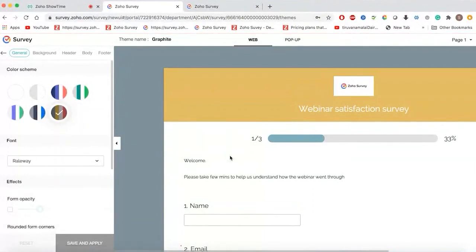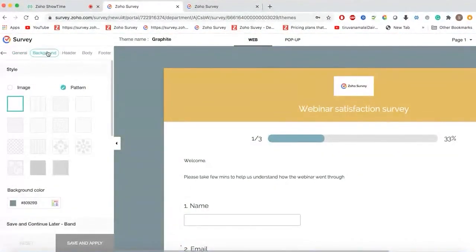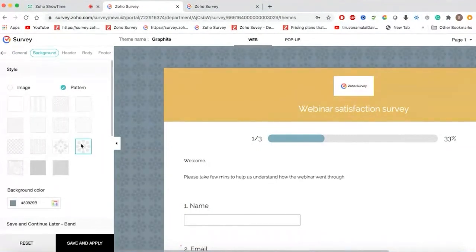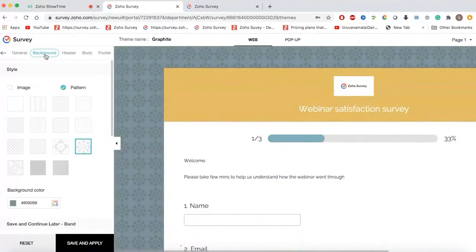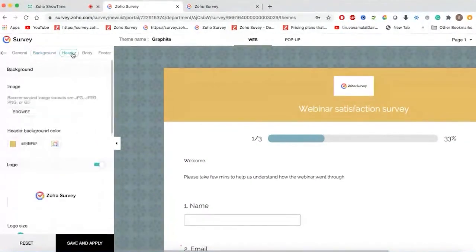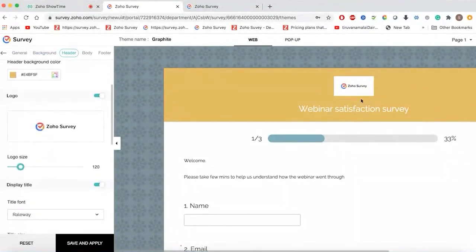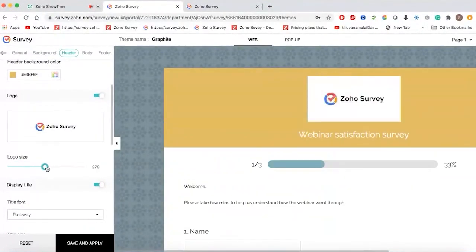So this is the survey. Now, I think I want to make it more attractive. So let's add some background patterns, or maybe if you want to add an image, yes, you can add it as well. So on every section, you'll be able to make changes. So let's say the header, I think the logo is a bit too small over here. So we'll increase the size of the logo,